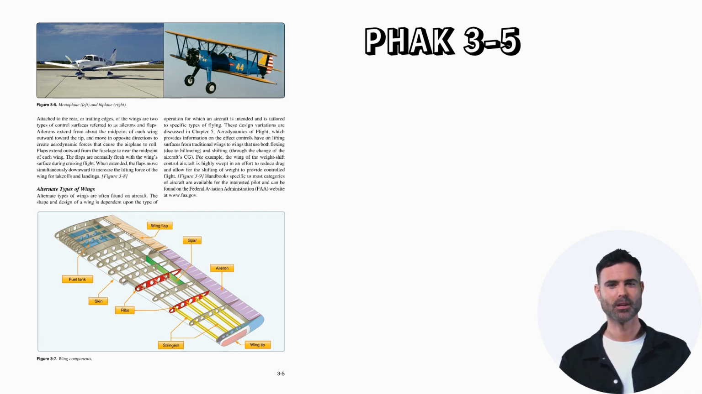These design variations are discussed in Chapter 5, Aerodynamics of Flight, which provides information on the effect controls have on lifting surfaces from traditional wings to wings that use both flexing due to billowing and shifting through the change of the aircraft's CG. For example, the wing of the weight shift control aircraft is highly swept in an effort to reduce drag and allow for the shifting of weight to provide controlled flight. Handbooks specific to most categories of aircraft are available for the interested pilot and can be found on the Federal Aviation Administration FAA website at